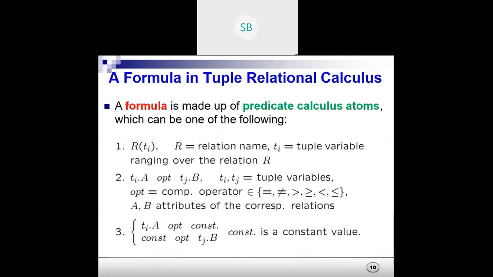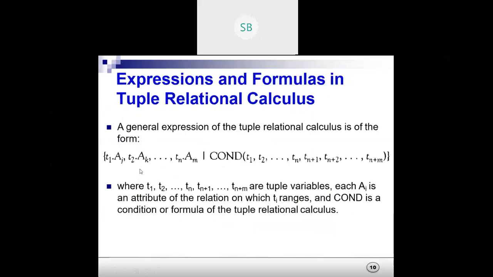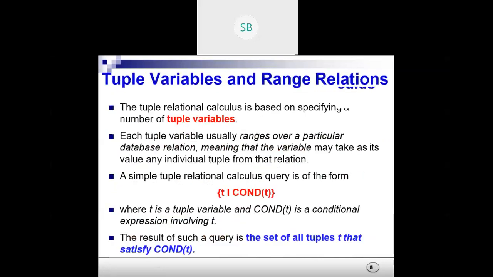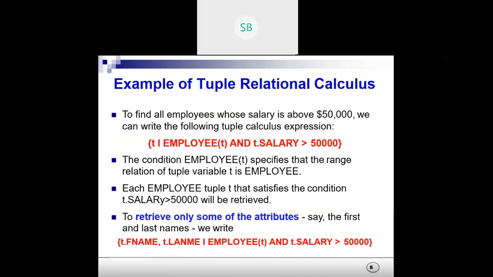Now, if we are clear about these formulas, we will apply them to the previous cases. Now let's go back here. We were here. See, now if there is a question to find all employees whose salary is above $50,000, this is the comparison operator we are talking about, right? What is it used for? An operator like relation, greater than 50,000, right?